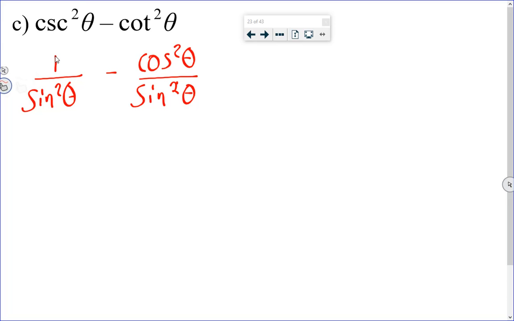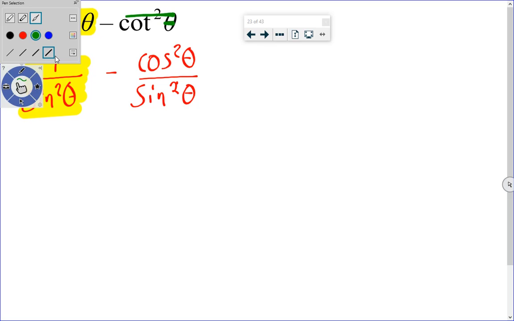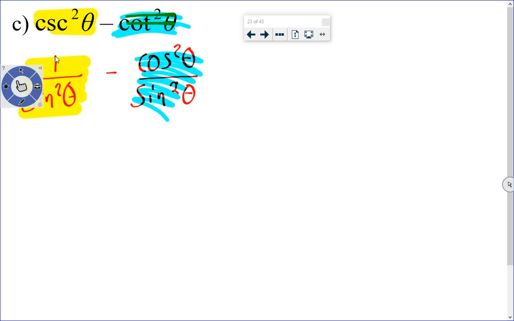So I'll start with this question. Why am I allowed to go from cosecant squared to 1 over sine squared? Sure, it's a reciprocal identity. Why am I allowed to go from cotangent squared to cos squared over sine squared? Yeah, it's a quotient identity. So I'm asking you these questions again and again because I want to get you familiar with